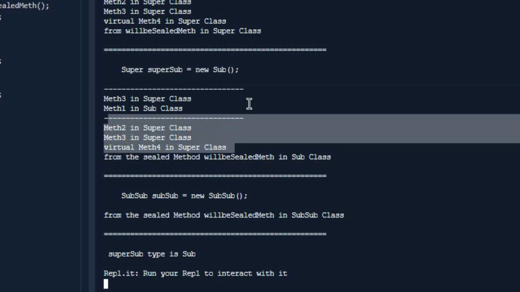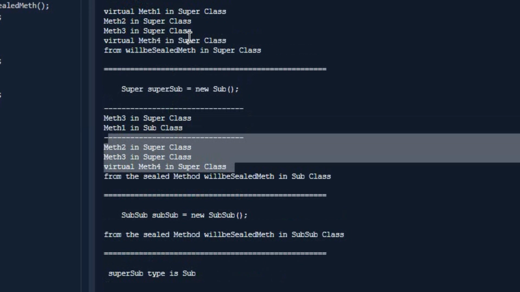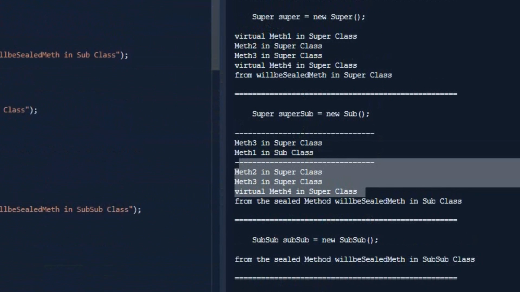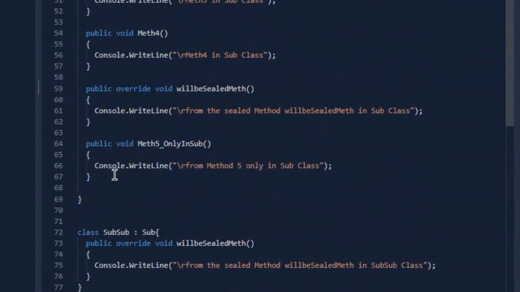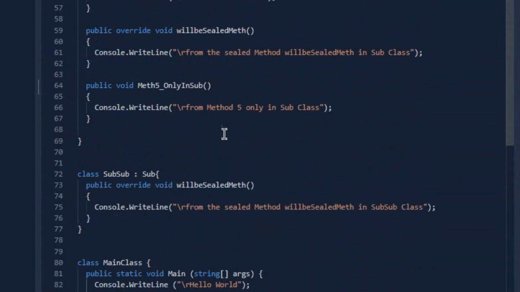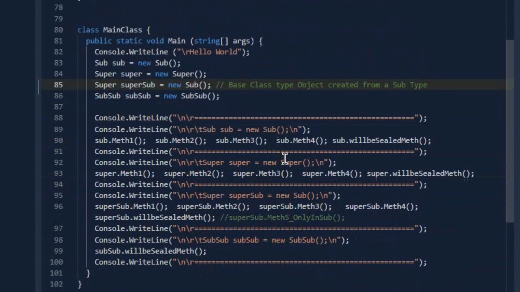I'd also like to finish by saying something about what I wrote in this code here. In method 2 I added this method here, which is method 5 only in sub. If we instance these methods and we call this method from the code in the main class, now it is commented here, but if we call it we are going to have an error